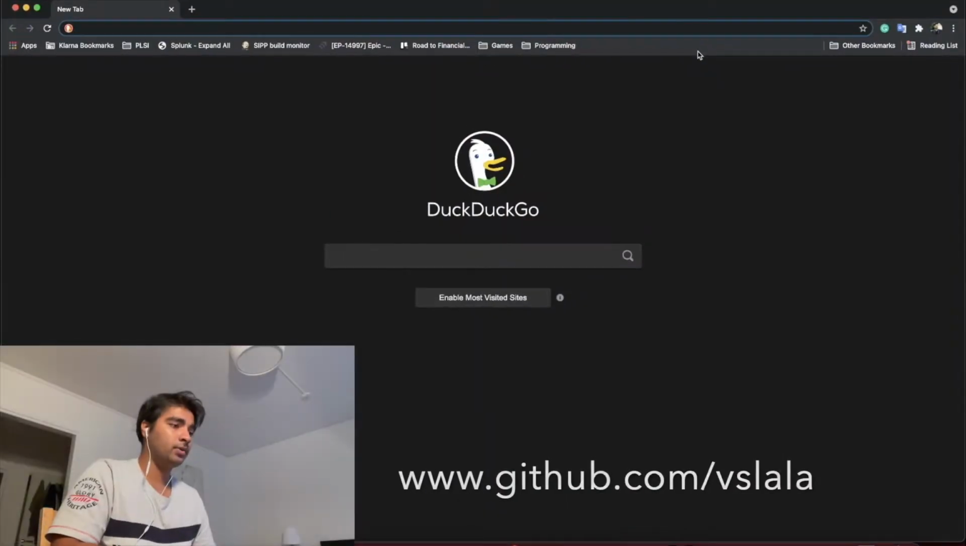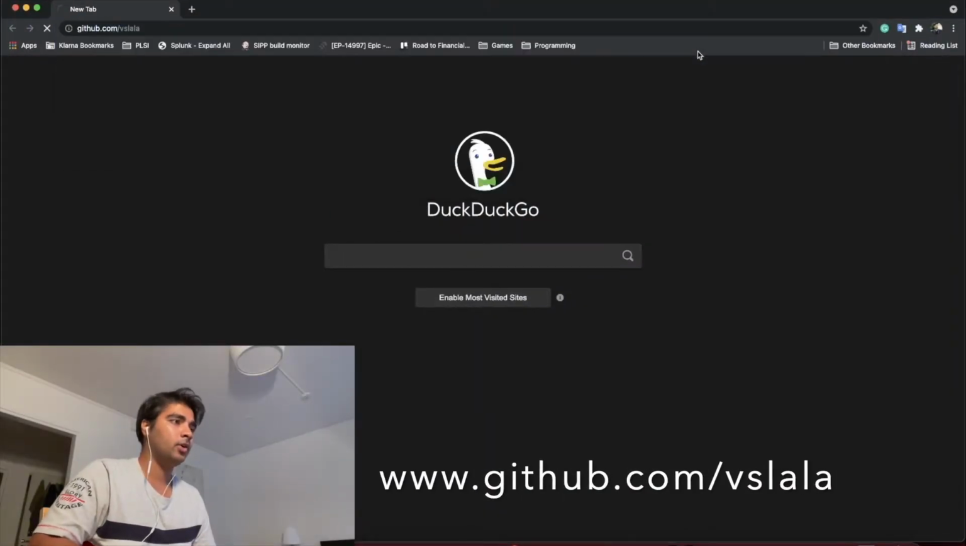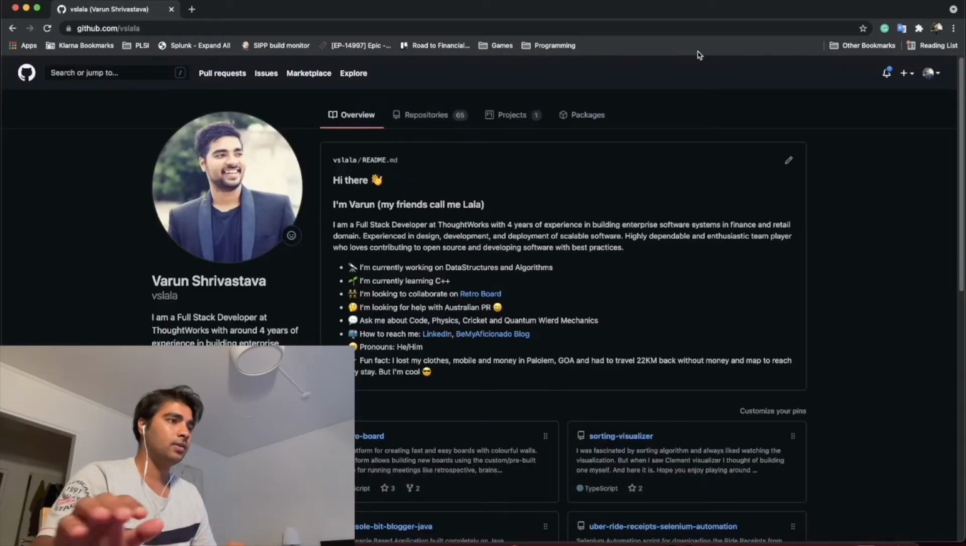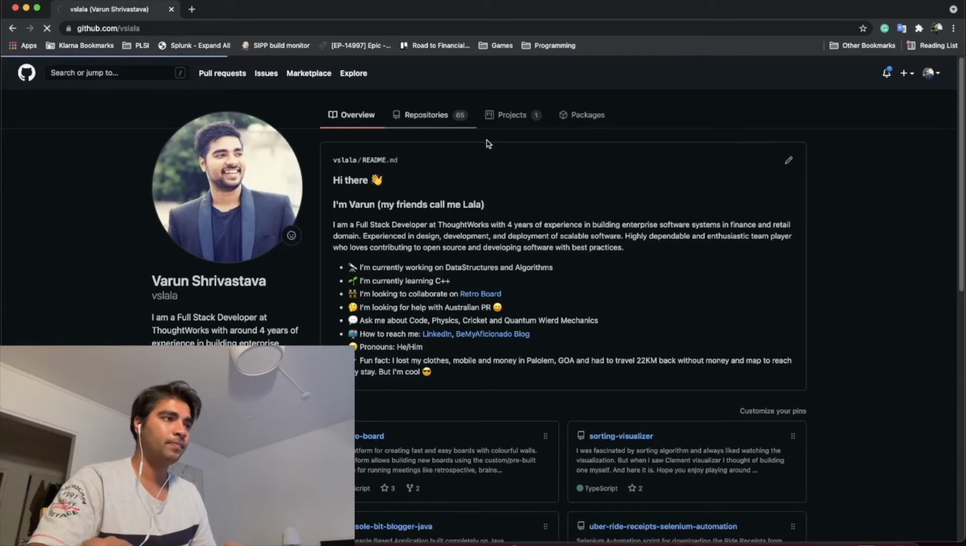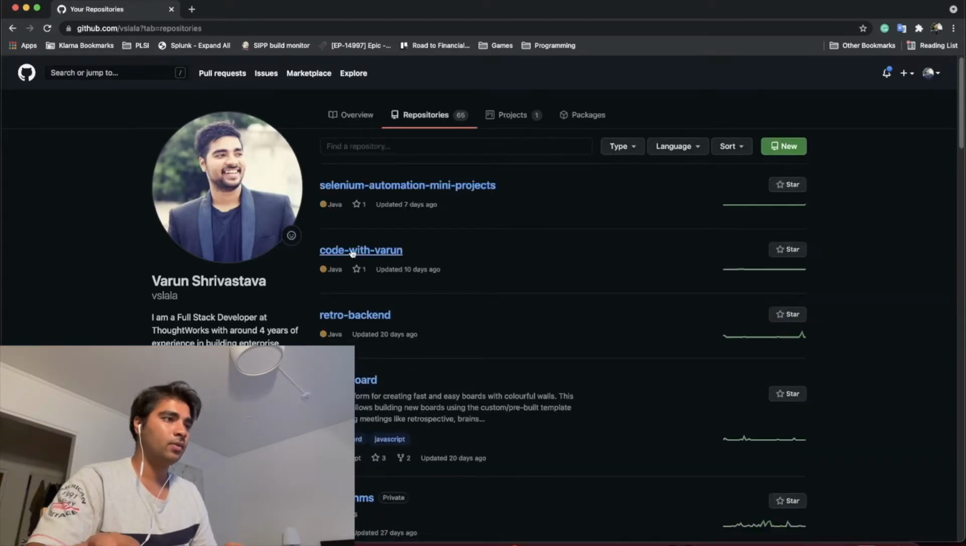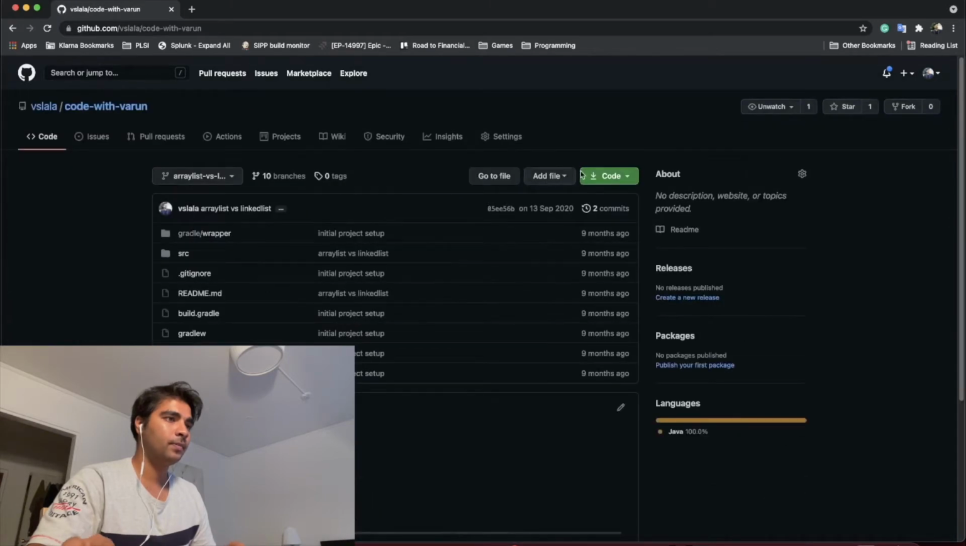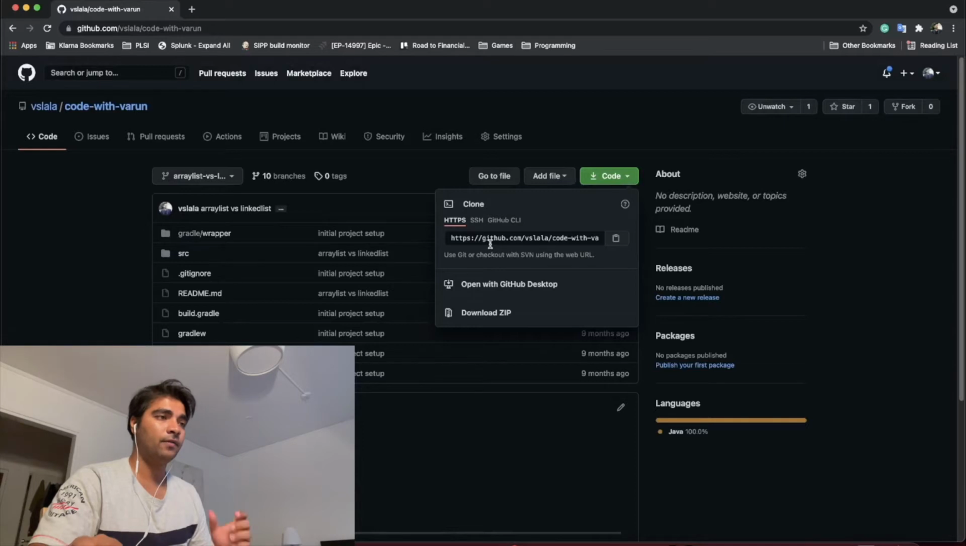So to do that, head back to your browser, type github.com/vslala. This is my repository section in GitHub. Click on the repository tab, go to code with Varun, and then click on this green button here. This will give you a link which you can copy,